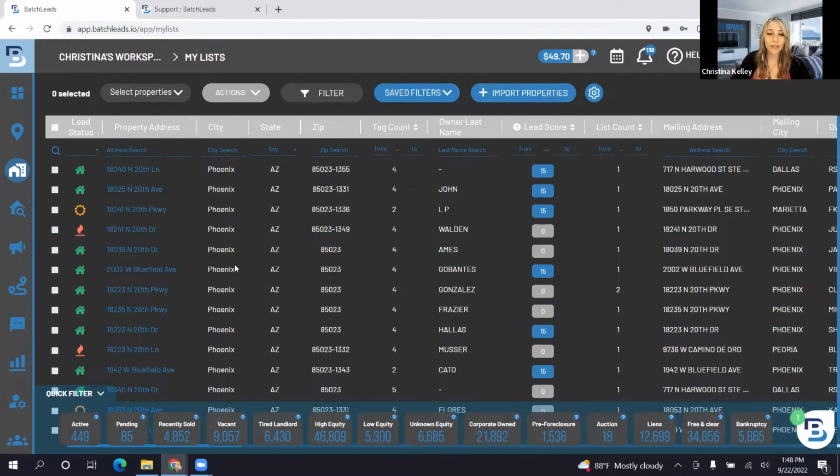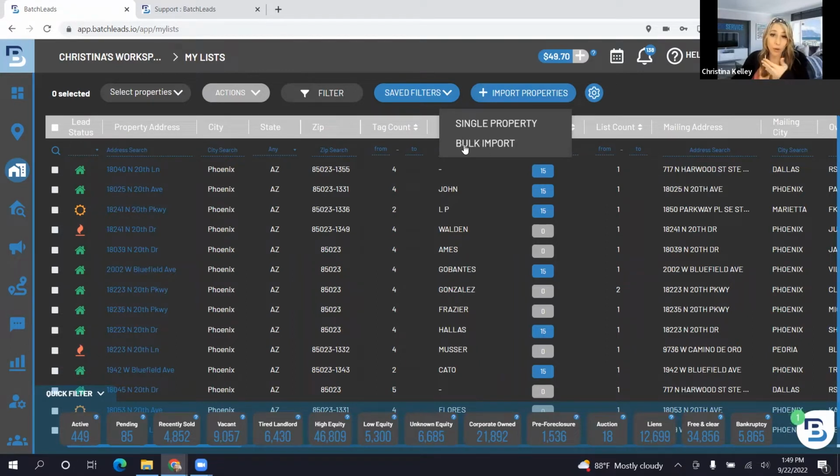So in the last video, we showed you how to find your leads and your distressed properties here in the platform. But I also wanted to point out that you can import your own properties right in here. So you can import and then skip trace and text message or send to direct mail. So if you were going to do that, you would just click that button. You could do one property at a time, or you could do a bulk import. So if you were driving to dinner with your friend and then you came back and you're like, I really wanted to see that property, you could just put the address in here